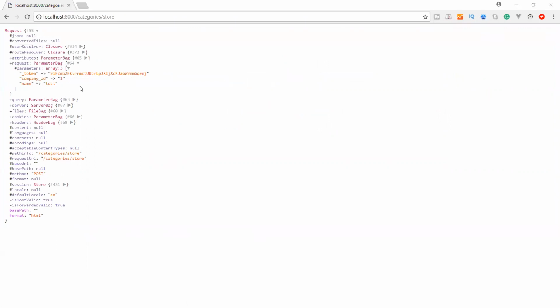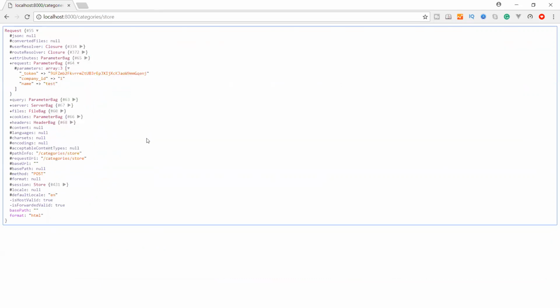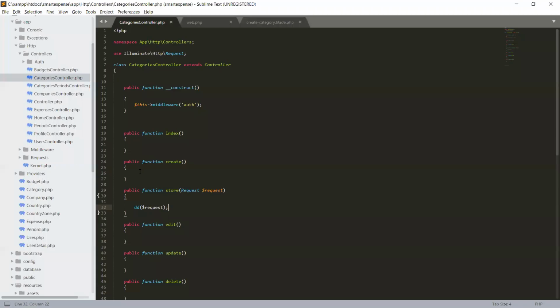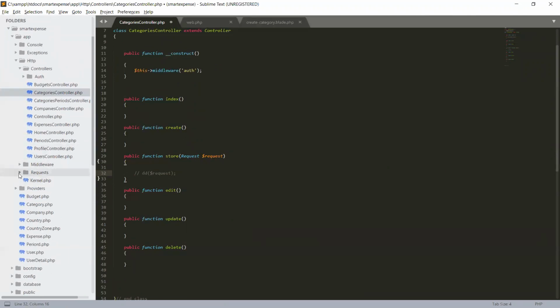So remember that we have to submit the company ID and name in our categories table. So these two fields will be required in our database. Okay, let's comment this dump, and we have to validate this request. So we will not use the actual validate function. In some of our videos we have created a request and validated our data in that request. Okay, let's jump to our terminal,